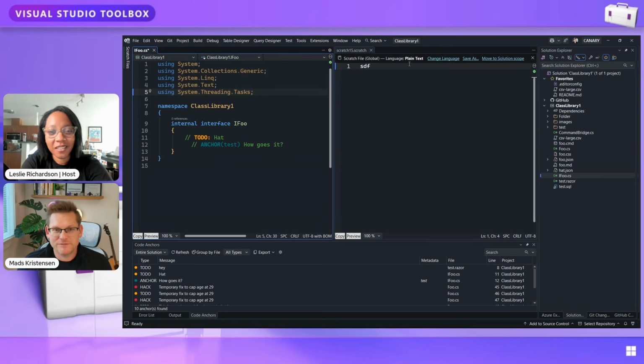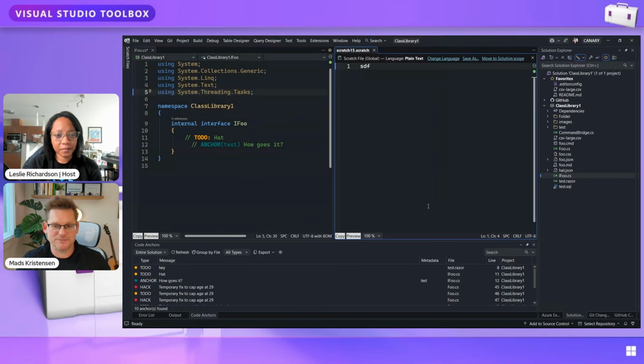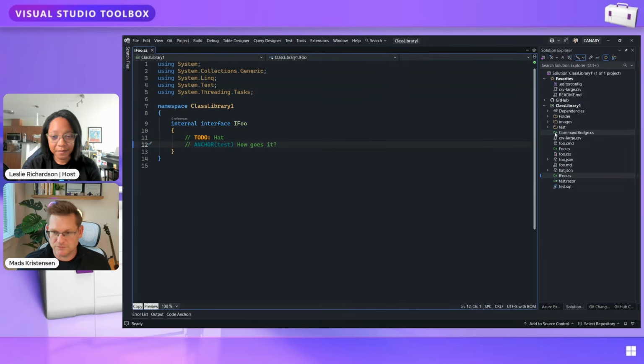And these files just exist, right? You can always save them, because this takes over the Control N. So you might still want to save the file at some point somewhere else in a different file extension, and you can always do that. So then it behaves the same way as Control N has always done, so you get kind of the best of both worlds. Neat. So that was Scratch files.